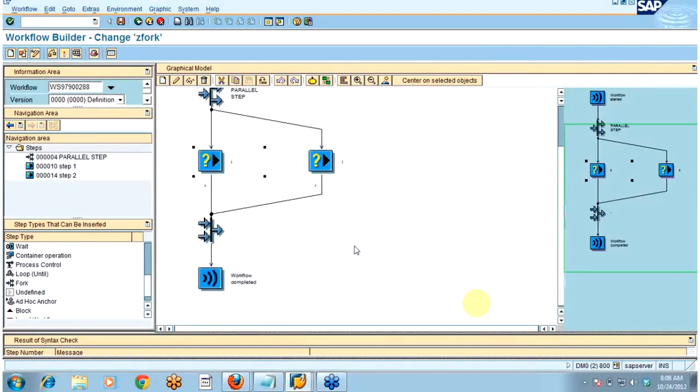Out of these 2 steps, the fork got completed first, and that's the reason these steps got completed automatically, and then the workflow got completed. So this particular step 2 disappeared from the inbox of the user. If any one of these 2 executions is done, this fork will get completed. So you were partially correct, Hitesh, but just to make it more clear,